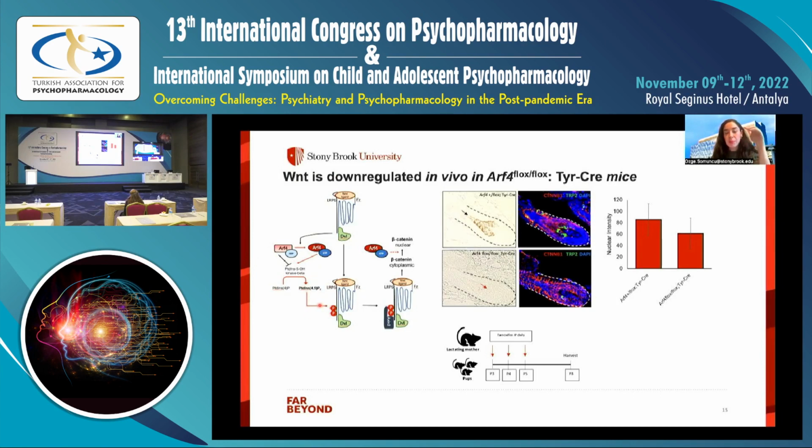And when I say PIP2, it's phosphatidylinositol 4,5-P2. And when this complex assembles, it gives the 2-phosphate here to bind to the LRP6 receptor, which then further activates the whole Wnt pathway complex. If the Wnt pathway is active, the complex translocates beta-catenin from the cytoplasm to the nucleus. If it stays in the cytoplasm, it means that it's going to get degraded,